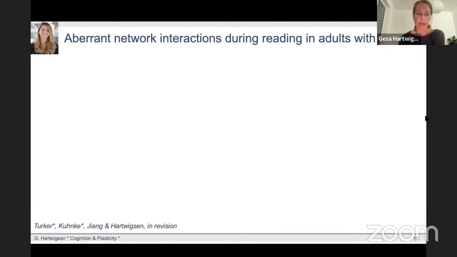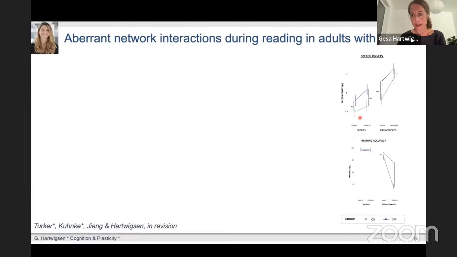And the first is from recent work that Sabrina Turka in my group, who's also a postdoc, led, and she's interested in dyslexia, which is a very interesting disorder. And as I could already say, we think it's definitely a network disorder. So we looked at adults with dyslexia, who have still persisting dyslexia, and had them in the scanner perform simple and complex reading of words and pseudo words. So simple was just 2-syllable words, complex was 4-syllable words, and real words and pseudo words without any semantic association.